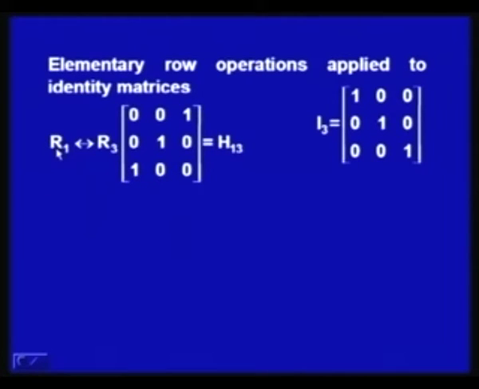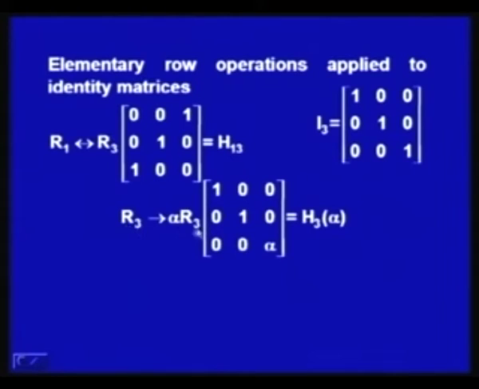So, when I apply this operation, what I have is a matrix H13. So, H13 represents an elementary row matrix which is obtained by applying the elementary row operation of the type where R1 is interchanged with R3. That is the significance of this 13. Then